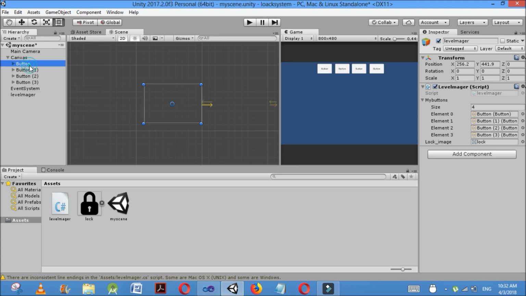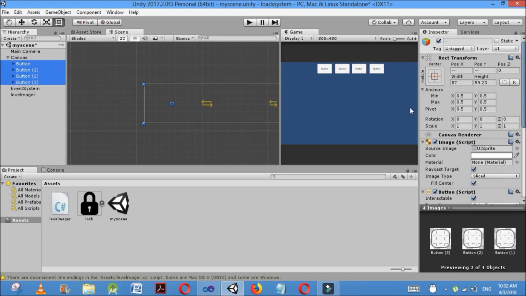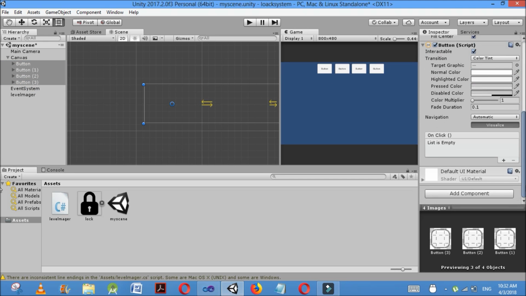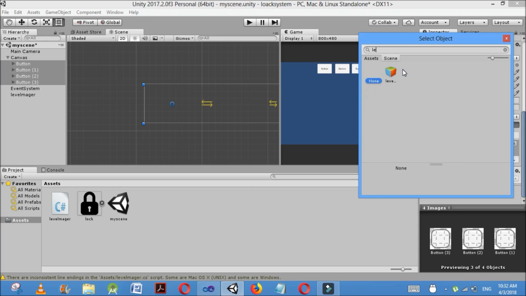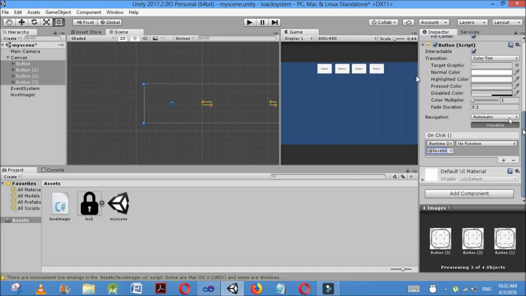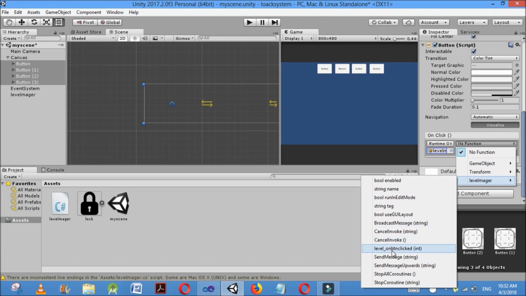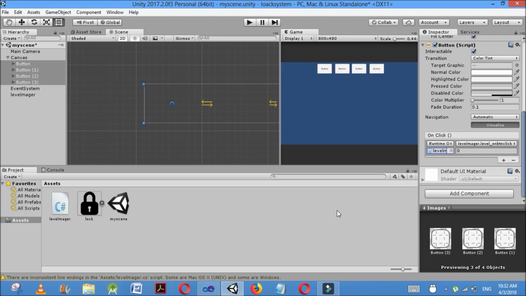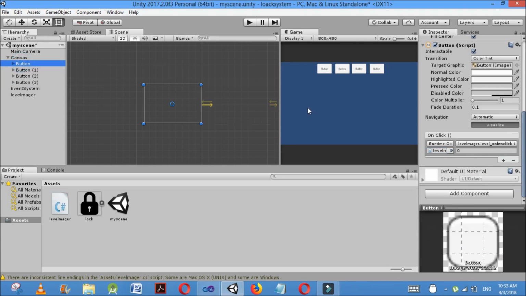Now for that, what I will do, I'll select each of the buttons, and look, then select the level manager game object. In that game object there is a script, Level Manager itself, and there is a function inside it, LevelButtonClick. For this I'll pass 1 as a parameter to open scene 1, this 2, this 3, and this